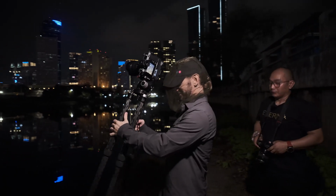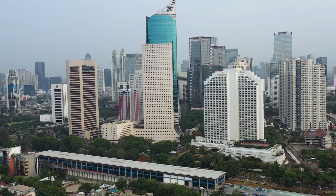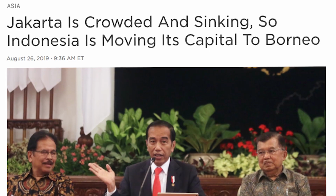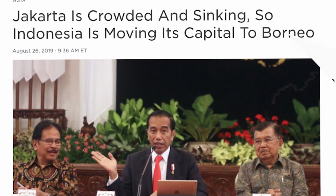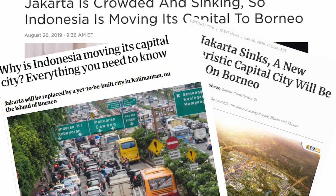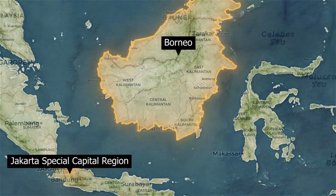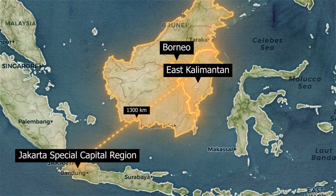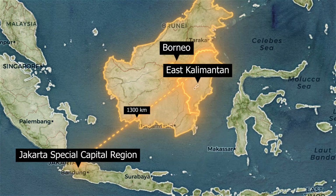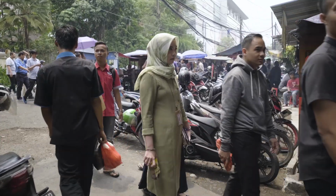He deserved it. This beautiful site won't be around very long if Jakarta continues sinking. Luckily, the leadership of Indonesia isn't letting that happen. Plans continue to be underway to move the capital away from the island of Java to East Kalimantan, a province of the island of Borneo, about 1,300 kilometers away. 2020 was supposed to be the year of the big move, but one major thing got in the way: